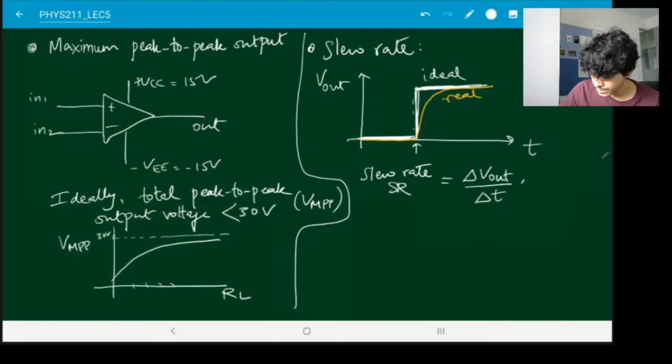And for the 741, this is going to be something like 2 volts per microsecond. So you can see this is already quite large. Suppose you wanted to increase by 10 volts, it's just going to take 5 microseconds for this to happen. So even a real op-amp which has its own limitations has a pretty good slew rate. This is one of the reasons why we prefer to use op-amps, because the switching time between high and low states is very small. Now this also allows us to check